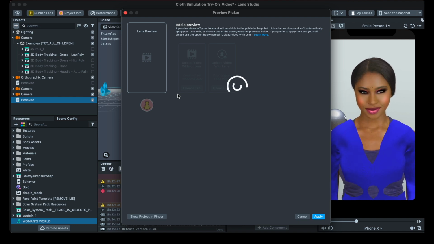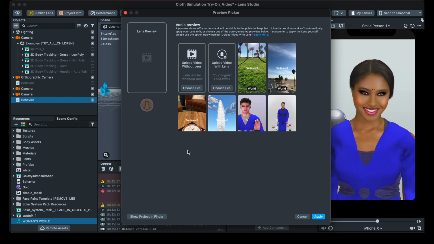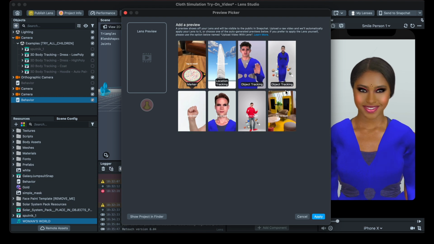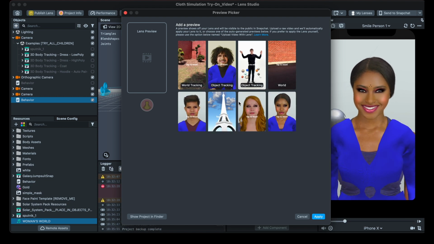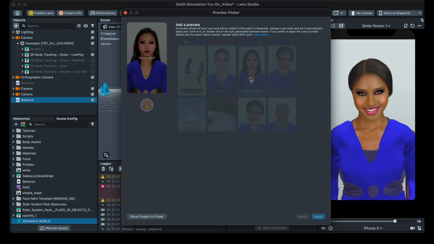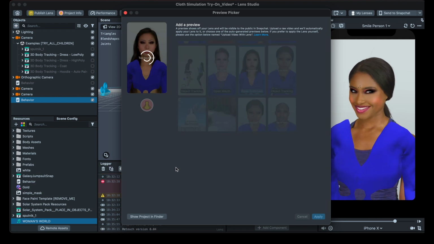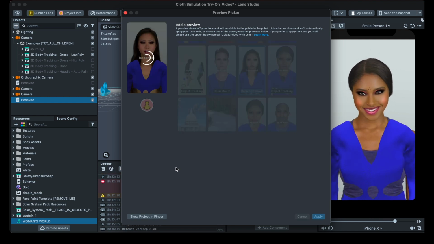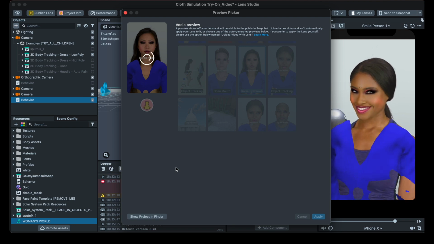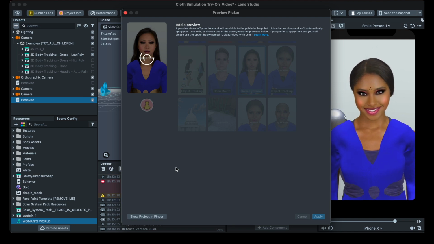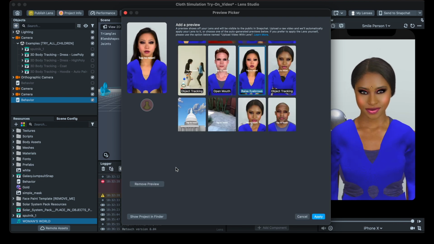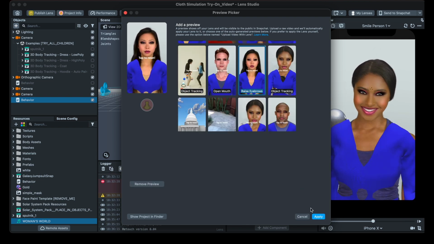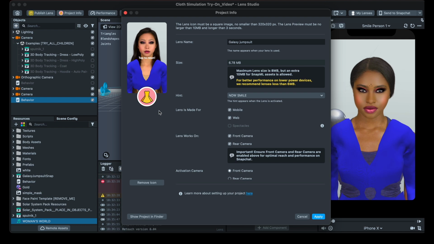After that, we'll just need to set up an icon. So you have different videos that you can use. I'm going to pick this one just as a sample so that people will be able to see that we have this makeup and the dress. And they will discover after that that you have the planet and you have much more than this. So I will apply this video, and now